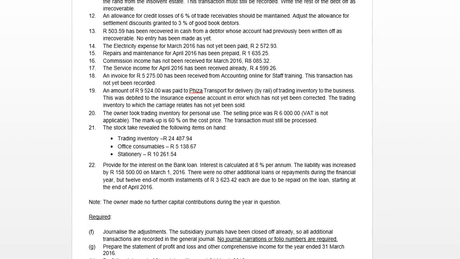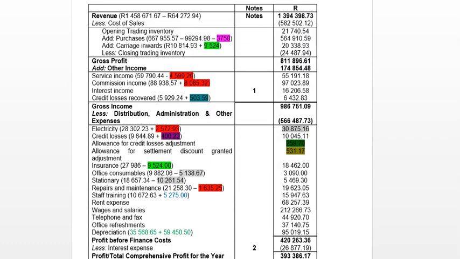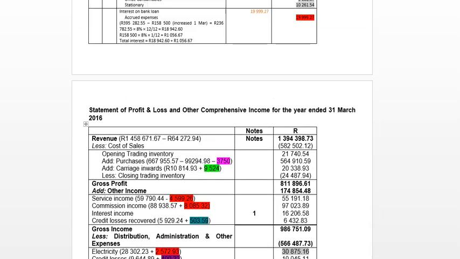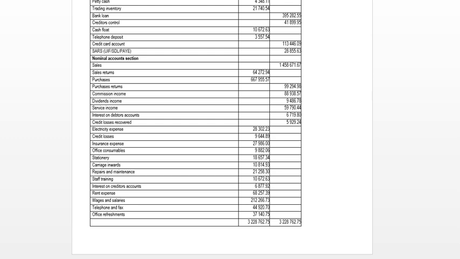28,302 Rand and 23 cents. But with regard to electricity, our expense has not yet been paid. So that is an expense which we incurred, but we still need to pay. So our electricity expense has to increase by 2,572 Rand and 93 cents. So in total, our electricity expense for the current financial year is 30,875 Rand and 16 cents. If we have a look at our credit losses, our credit losses for the year was